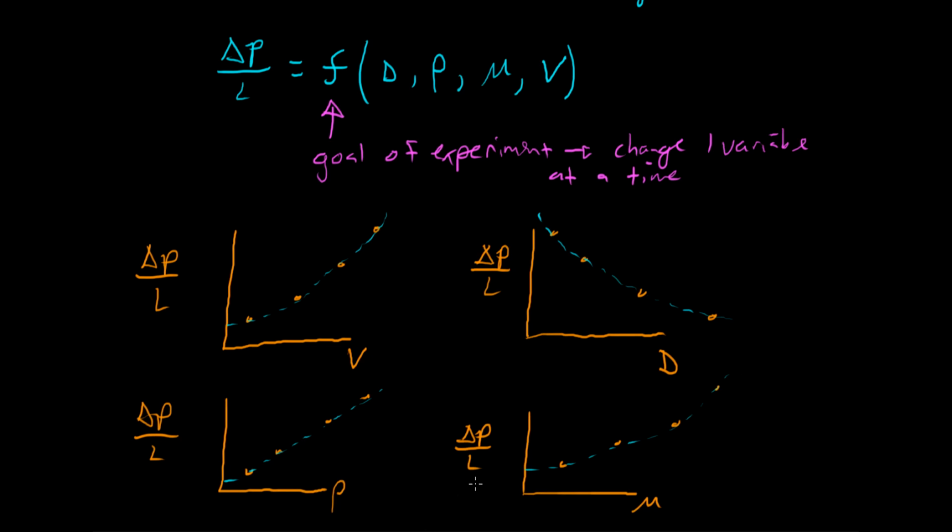And even if you try the temperature thing, temperature has a huge impact on viscosity. And so we've got 4 experiments. The problem is the last 2 are more or less impossible for us to actually conduct. And so what do we do about it? Well, it turns out we can bypass this issue by collecting our variables into something called a non-dimensional group. So the fix to the problem is to collect the variables